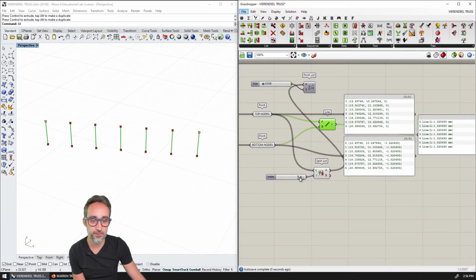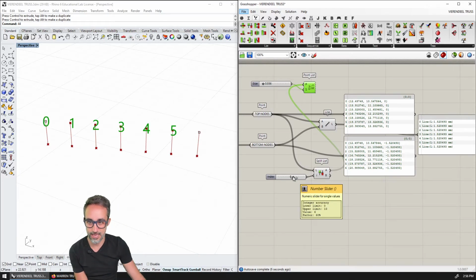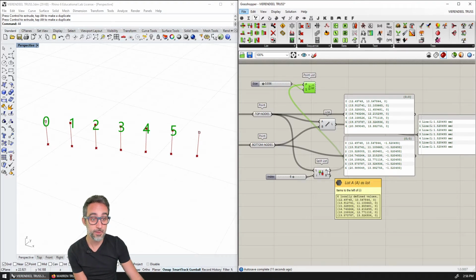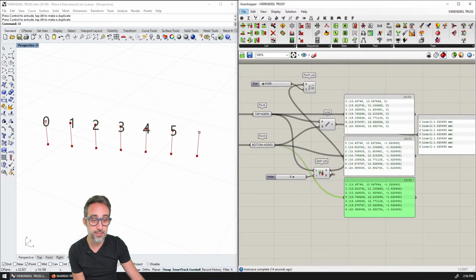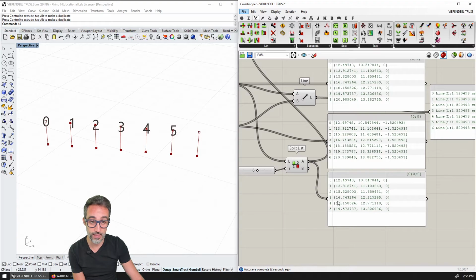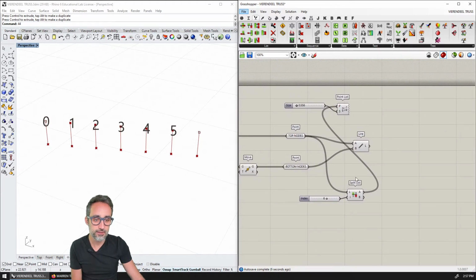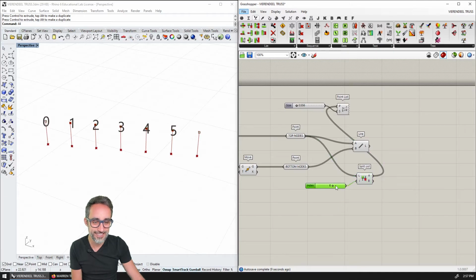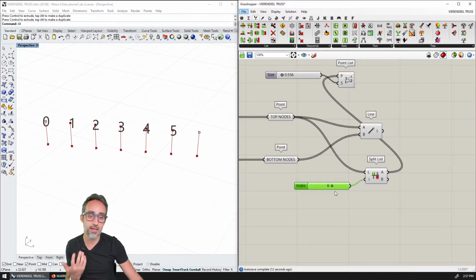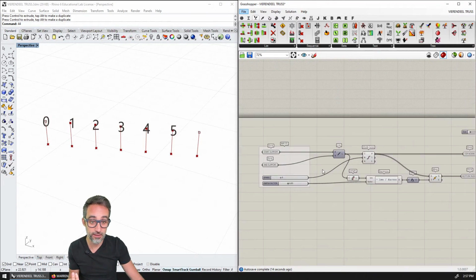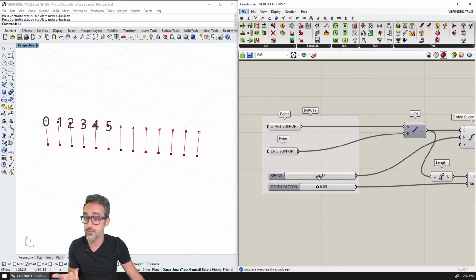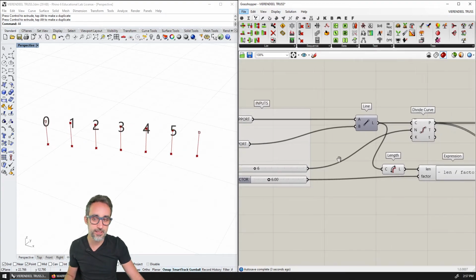And then you can see now that if I set 6 as the number that I'm going to be using for the splitting, what's coming out of A is going to be the same list of points without the last one. And what's coming out of B is the last point, which I'm just simply not going to use. But obviously, this is not great practice. This is just for testing, because if I now were to increment the amount of spans, you can see that this definition will fail.